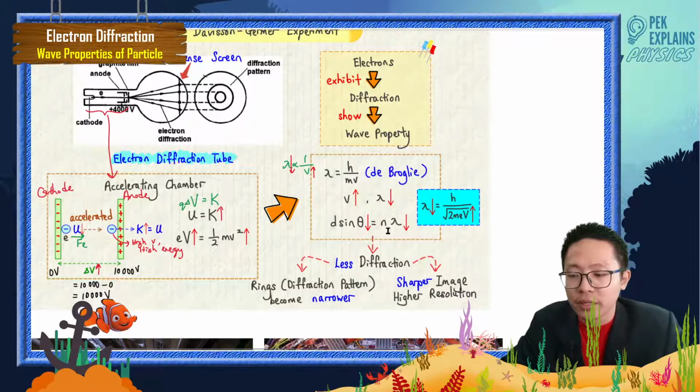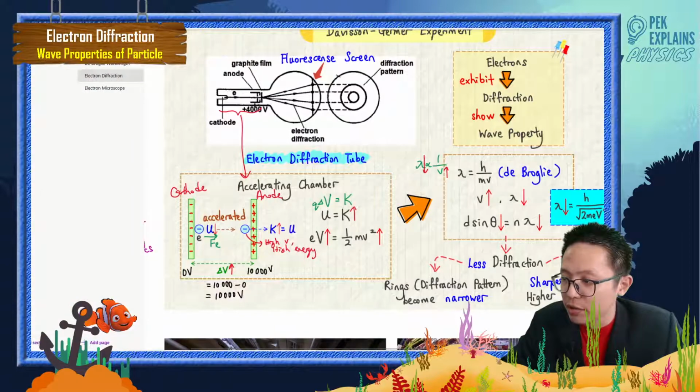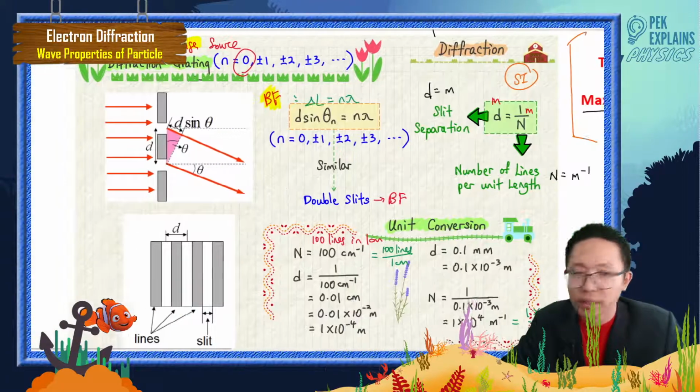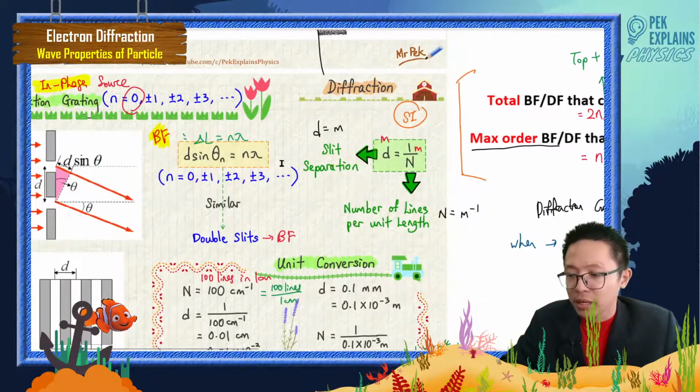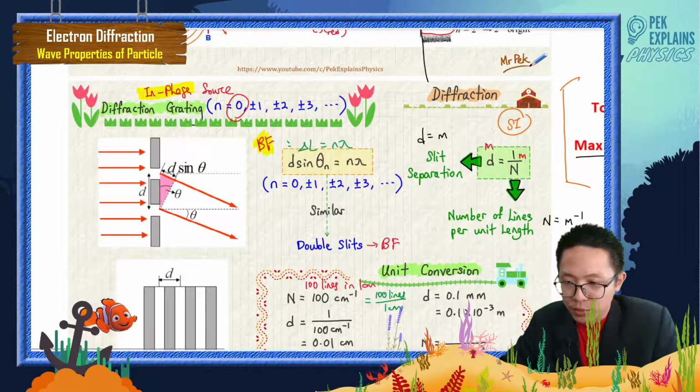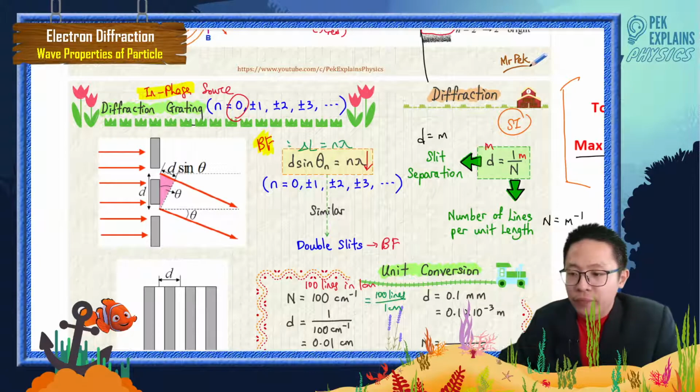And according to the diffraction grating formula, d sin theta equal to n lambda, which we learned before, we know that the smaller the wavelength, the smaller the theta. That means